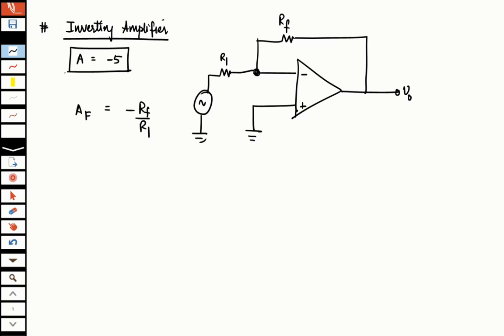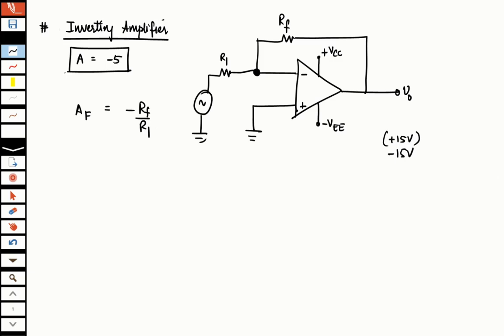Note that in general, when we draw any circuit of op-amp, we do not explicitly draw VCC and VEE every time, but it is implicit and understood that VCC and VEE are connected. Only then will any op-amp circuit work. An op-amp circuit will not work unless you power it. But these need not be shown in every circuit, that's why we skip it. But now that we are making physical connections, let me show that there is a plus VCC and a minus VEE. Let us assume that this will be plus 15 and minus 15 volt.